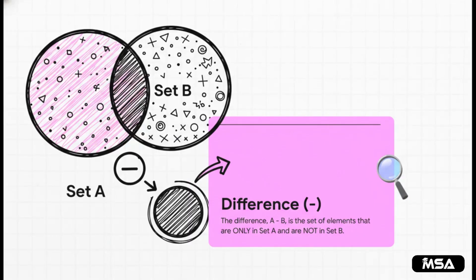Our next tool lets us subtract things. It's called the difference. And just like it sounds, A minus B gives you the set of elements that are only in A and are not in B. You're basically starting with everything in set A and just carving out any part that also happens to be in